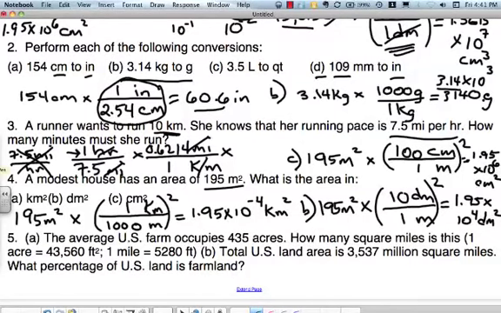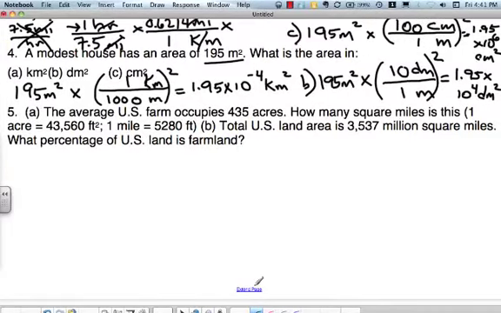All right, one more problem. And then we got density to do, I think. Yes. The average U.S. farm occupies 435 acres. The question is how many square miles? So then I'm given some stuff here, A and B. And I want square miles. So I'm looking for miles. Miles is right here. So I'm going to start with that. I'm going to put 1 mile over